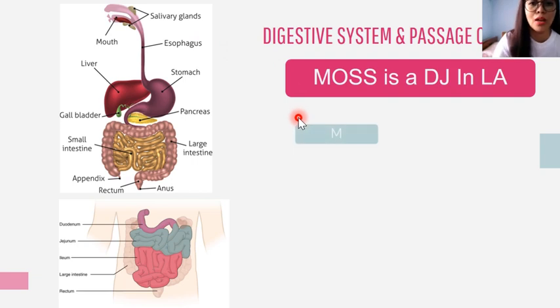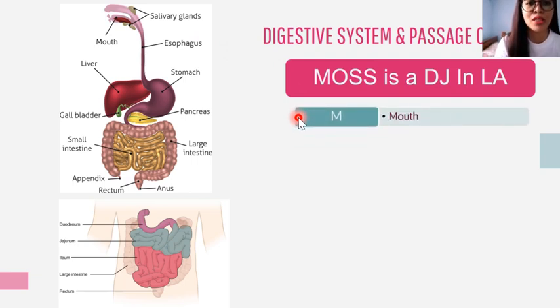Okay, so starting off with M. So M is for your mouth. Okay, so your mouth is located here. Okay, so what your mouth does is that it breaks up the food particles, and then after the food is broken down, the pharynx will swallow it,